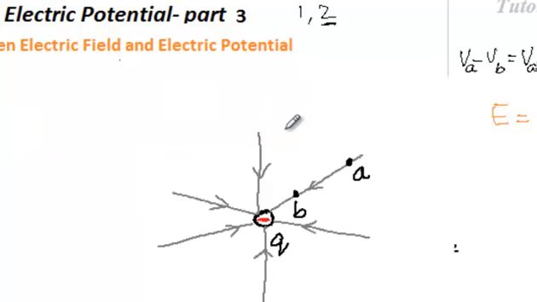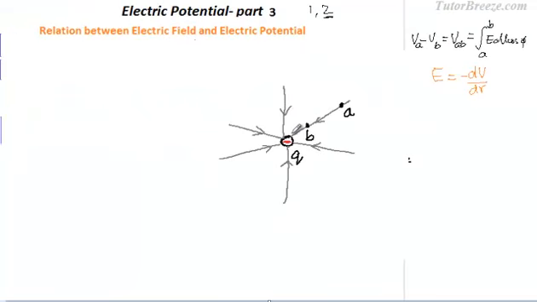Now let's look at this case when we have a negative charge, and you can see in this case the direction of the electric field is inwards. Now say we move from point A to B in the direction of the electric field, then work done in moving from A to B will be positive, since the electric field and displacement are in the same direction. Now work done per unit charge will be VA minus VB, and that too should be positive, which implies that VA should be greater than VB.